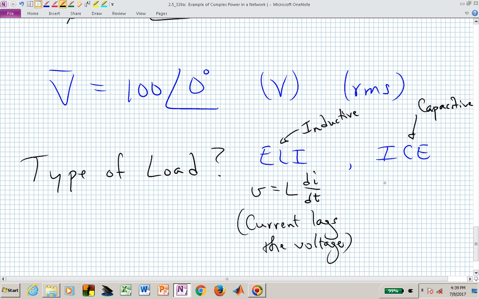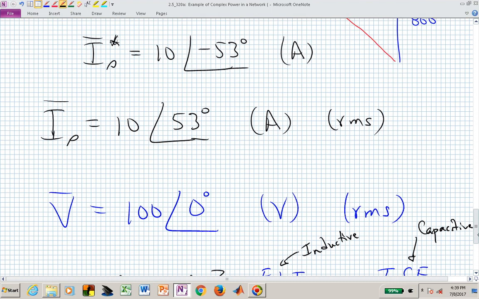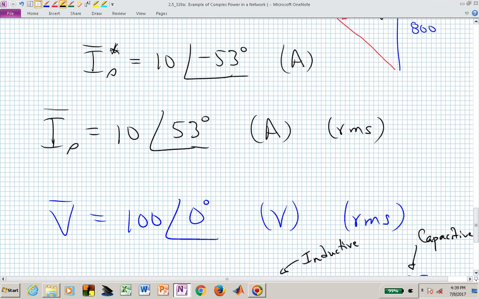And in the capacitor, current I is equal to C dV/dt. And in this case, the current is coming before the voltage, or the current actually leads the voltage in the capacitor. So with that ELI and ICE as an aid,